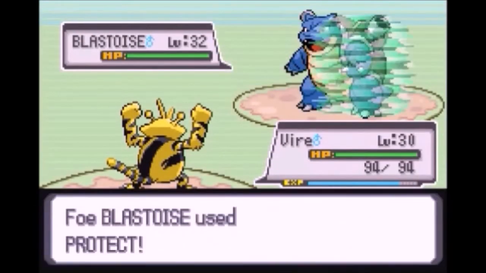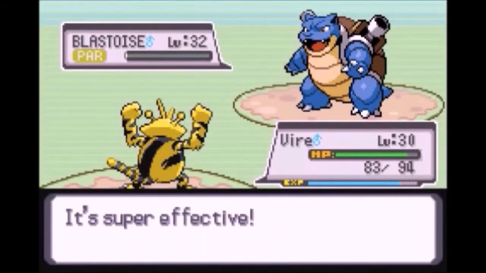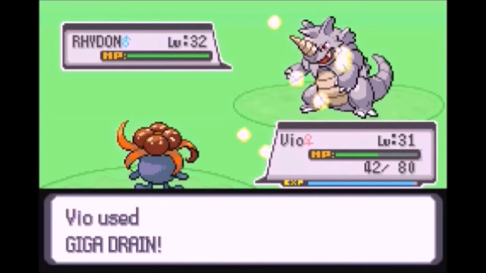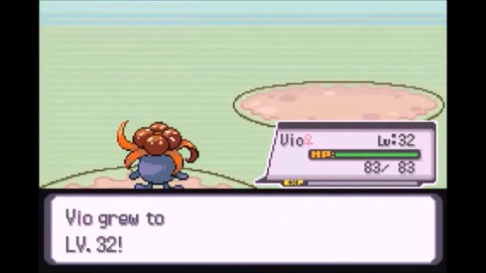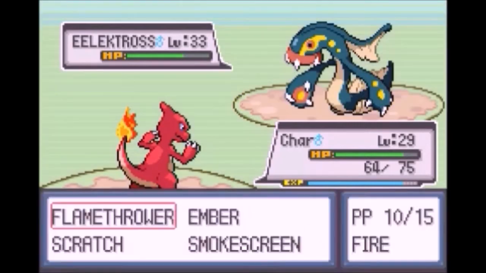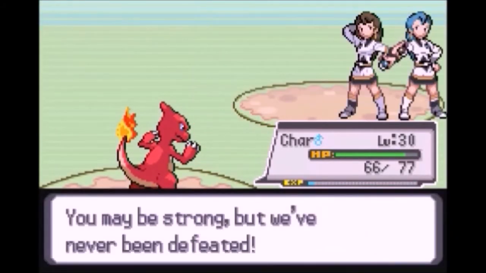They ended up leading off, and they both fought together as one, I guess. They lead off with a level 32 Blastoise, which is already higher than my Elekid, which was worrisome. And then Rhydon, which was super scary. Yet again, almost KO'd Vileplume there. And then Electros was also super scary,